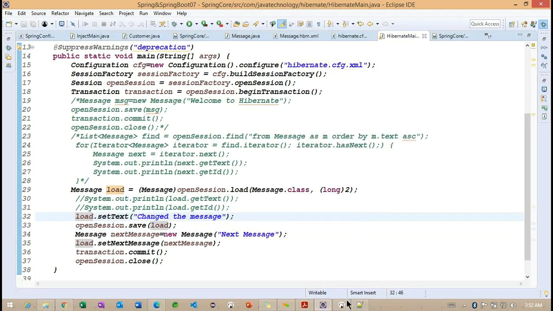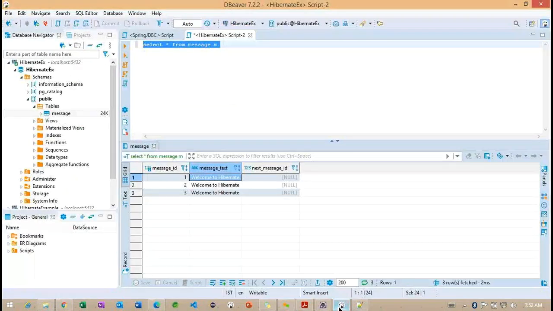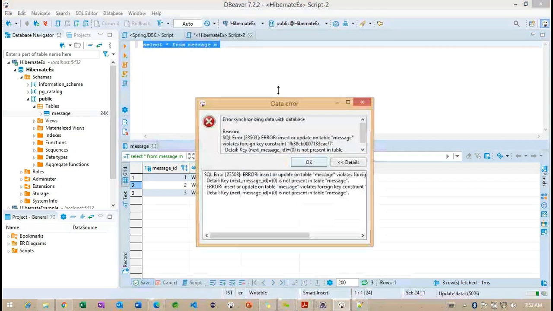Next message ID is 0. Okay, we are getting null here. That means the insert or update on the message violates the foreign key constraint, 0 for the table.